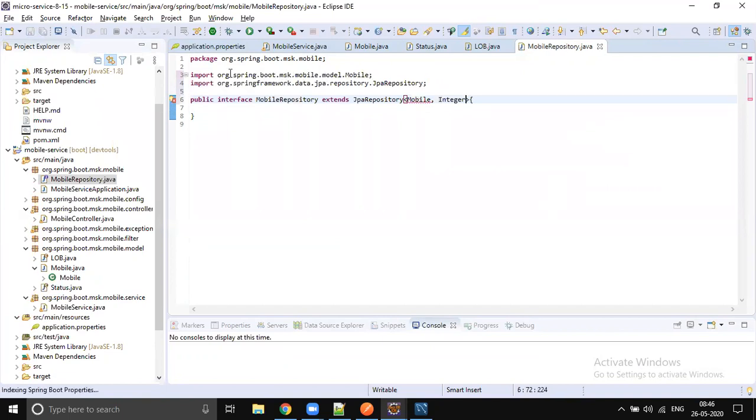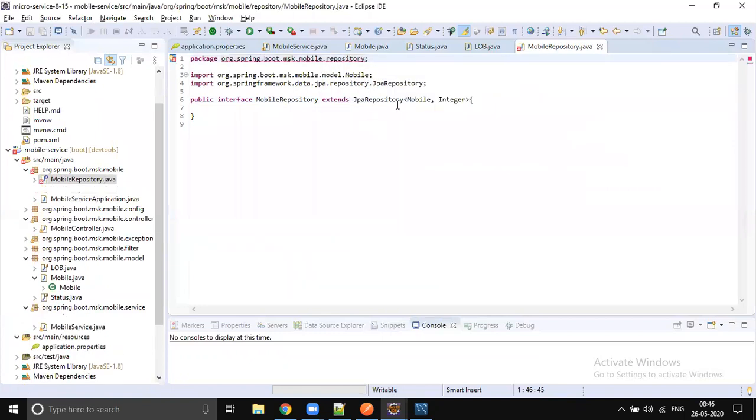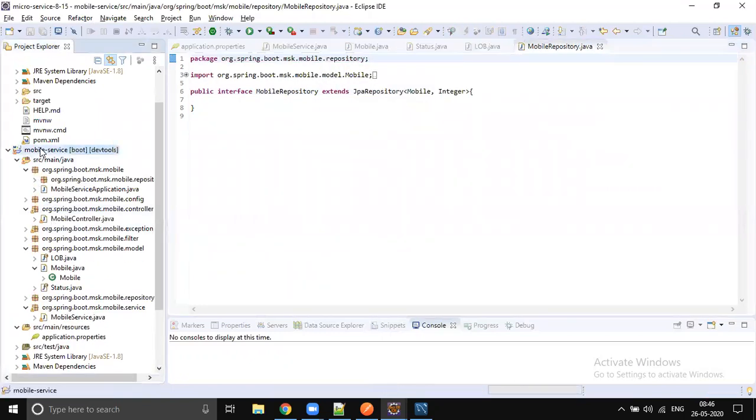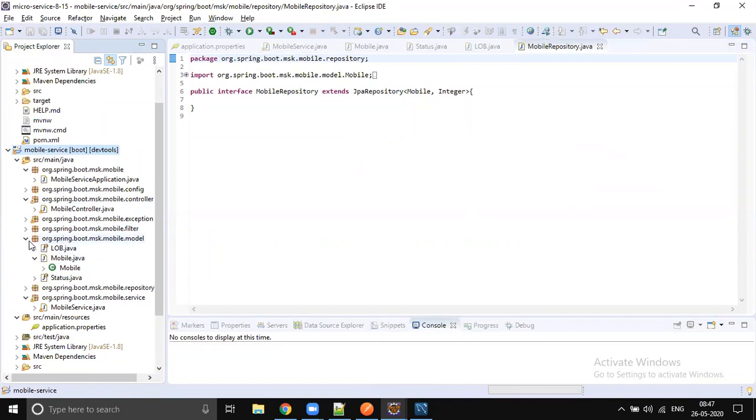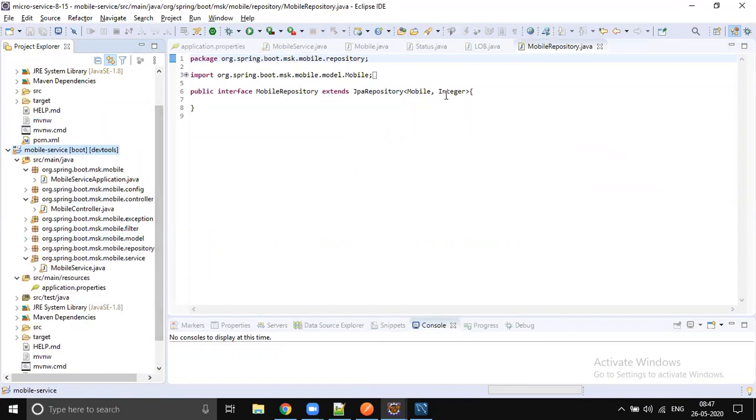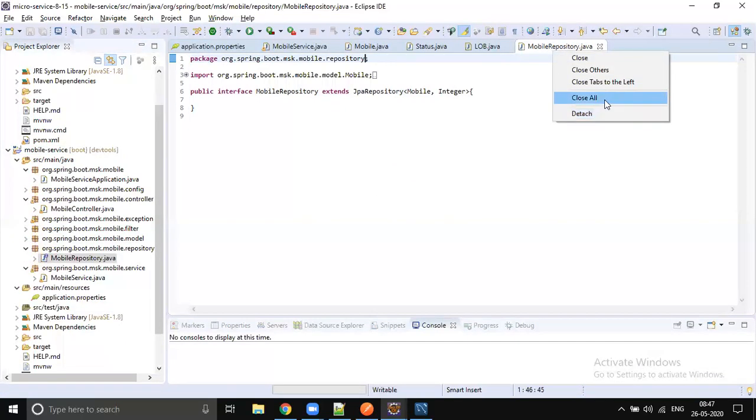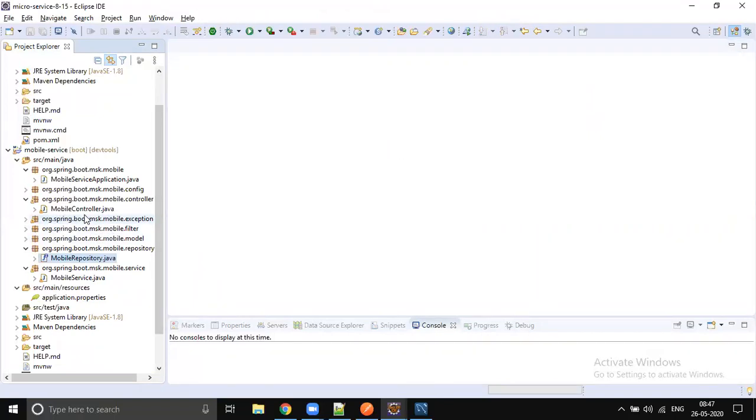So just do Control Shift O, yeah, right? So you don't need to write any extra methods, right? And let's move this into a package called repository, right? So let's move this. Done. Okay. So we are done with writing model class. We are done with writing a repository class. Everything is done, right? Yes. So now